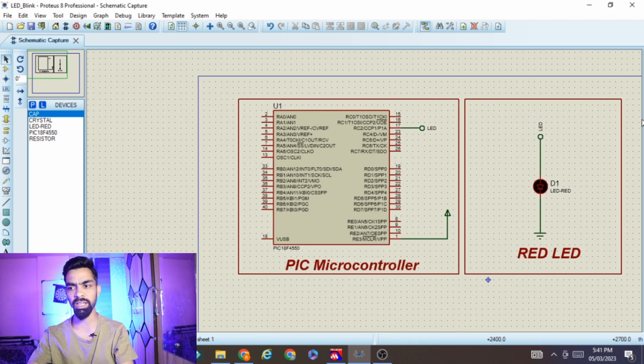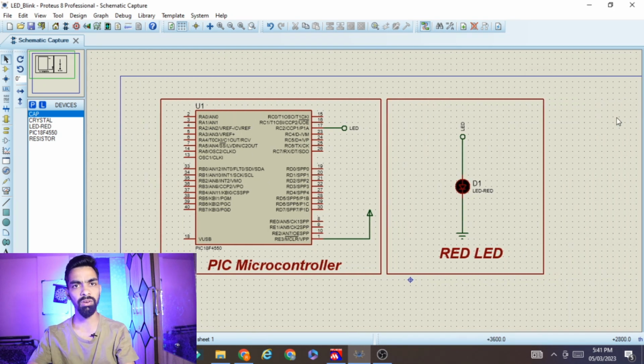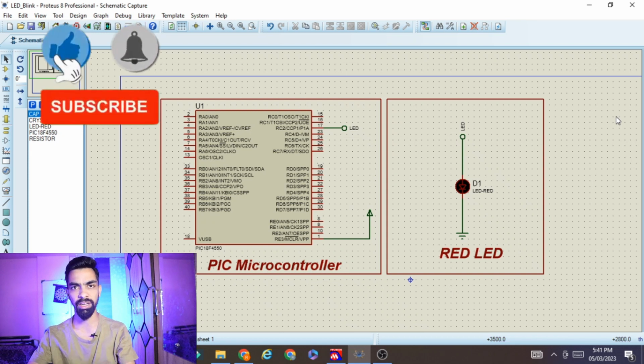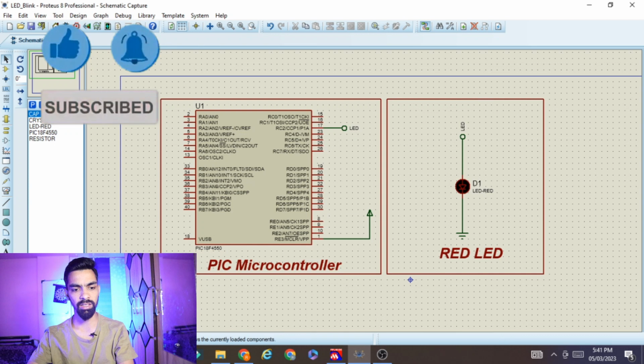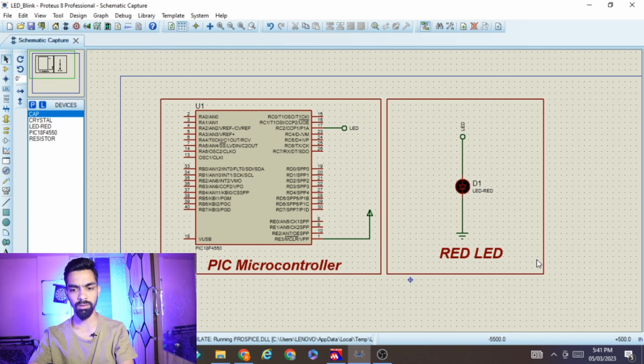Before starting the next part, I would like to tell you what the final output of this project will be, so that you will get an idea about what you will learn at the end of this video. Once I run this project, you can see the LED starts on and the LED starts off. Blinking of an LED is a simple application we will design. But in this video